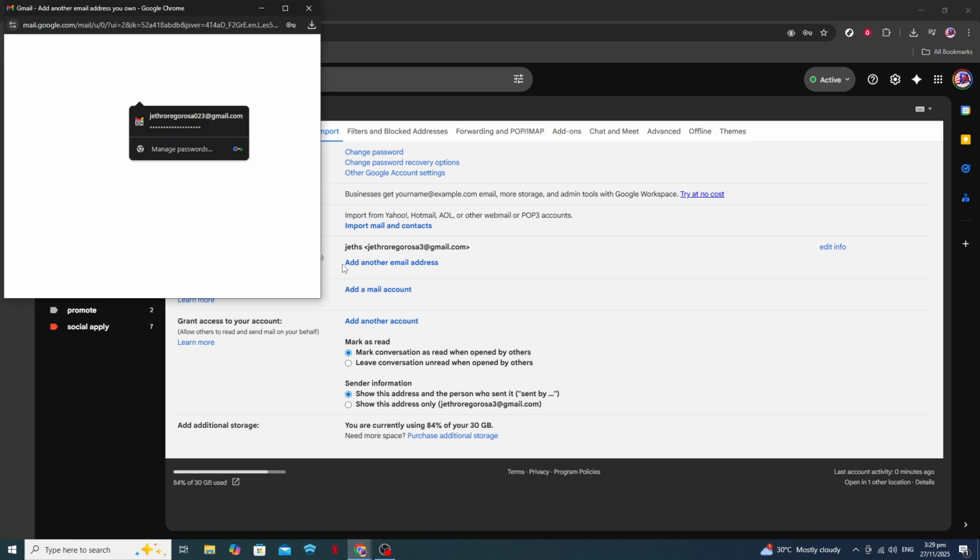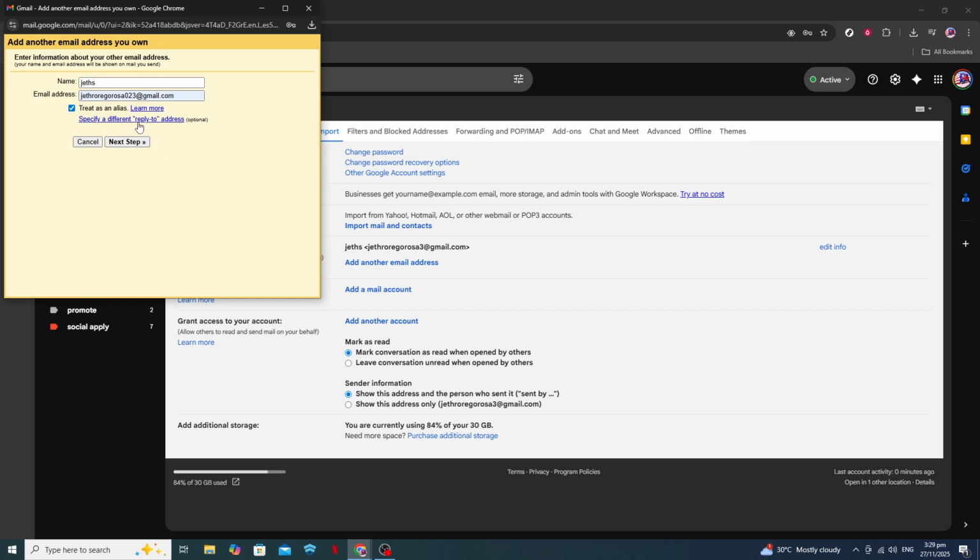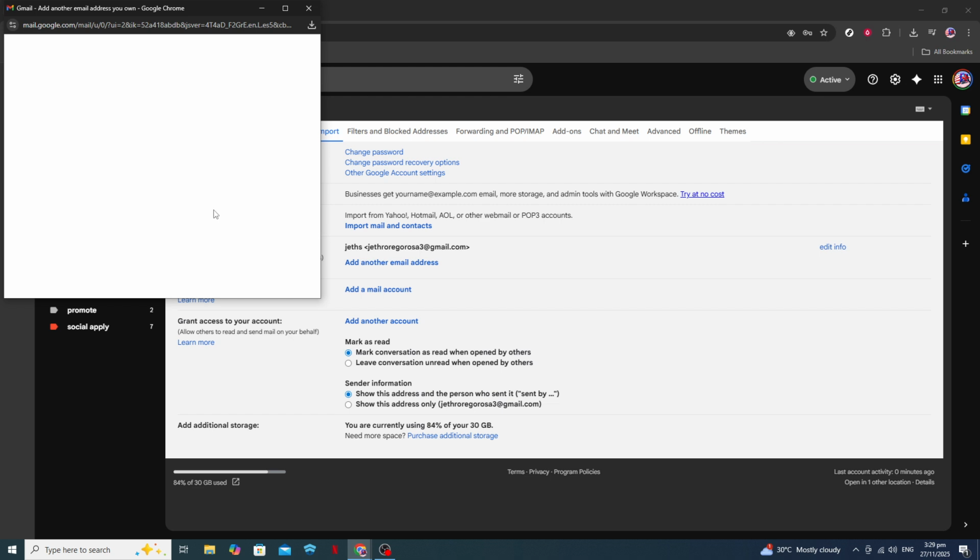When you click Add Another Email Address, a small window will pop up, prompting you to enter the email address you wish to add. Carefully type in your desired email address and ensure there are no typos. It's crucial that you double-check the email address for accuracy because once added, Gmail will treat this as a recognized